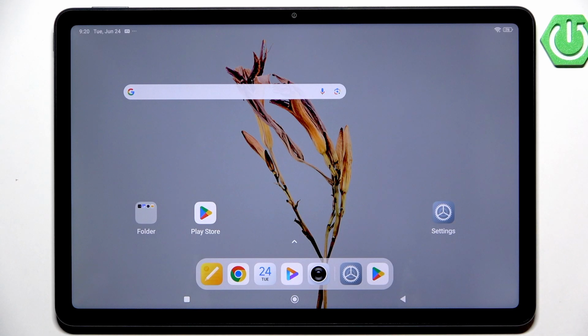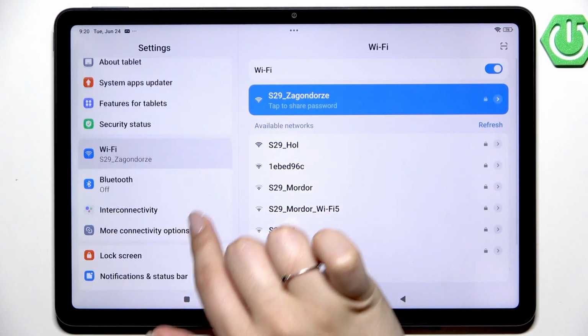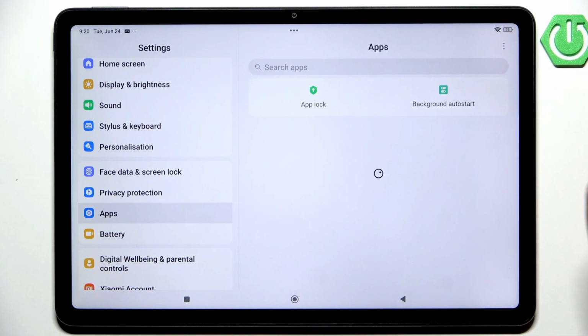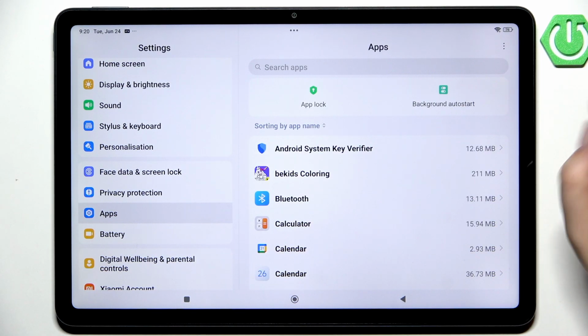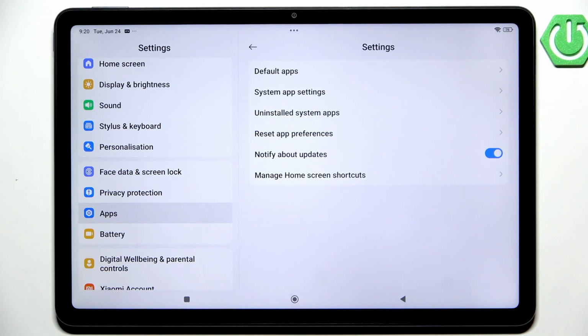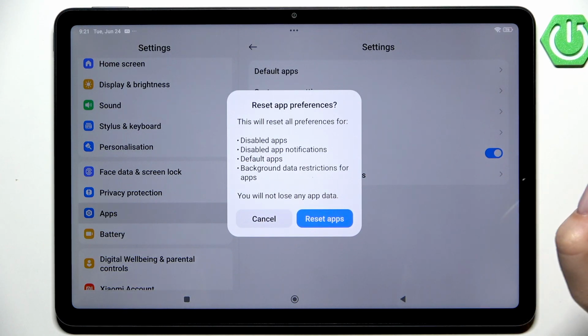So let's begin with opening the settings, and here in this left section let's scroll and find the apps. Let's tap. Then we have to tap on this three dots icon in the right upper corner and tap on other settings. Then let's tap on Reset App Preferences, and here your device is informing you what it will actually